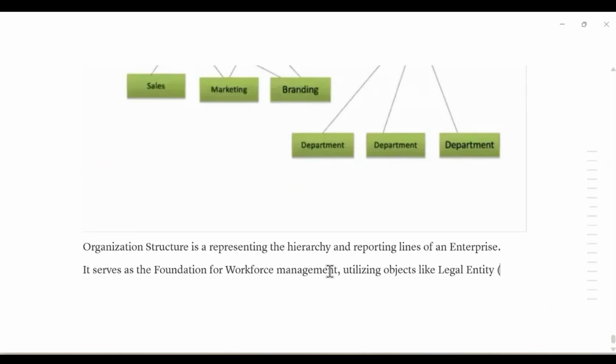Legal entity simply means your company. Legal entity, business unit,